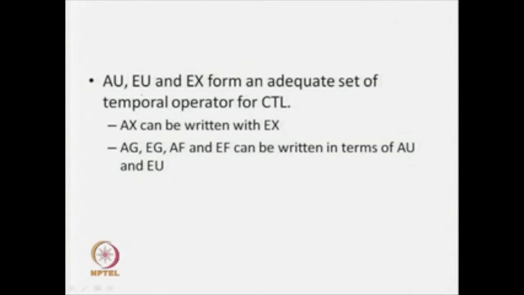We can come to a restricted set, and after that other operators will be expressed with the help of that restricted set. So, in that particular case, we can say that AU, EU, EX form an adequate set of temporal operators for CTL. Like in your propositional logic or classical logic, disjunction, conjunction and negation form an adequate set of operators, because with the help of these 3 operators we can express any other operator.